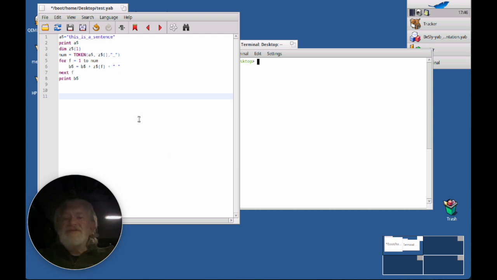Okay, so let's say I have this string here. This is a sentence, but instead of spaces, the words are separated by underscores. Well, how am I going to rewrite this sentence, but with proper spaces? Well, of course, one way would be to go one character at a time, read it